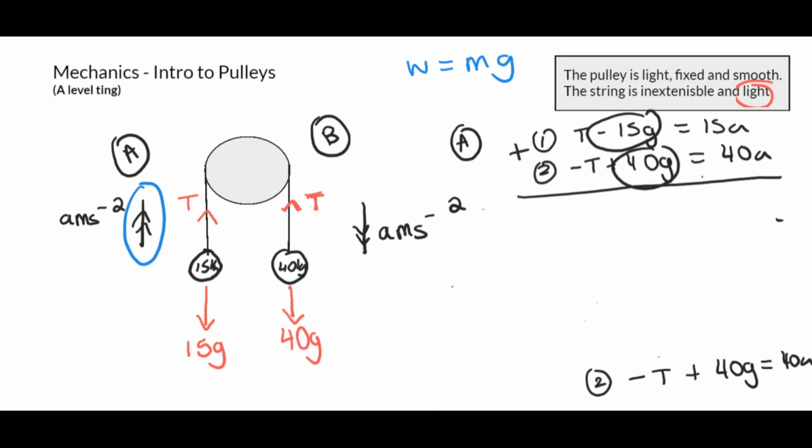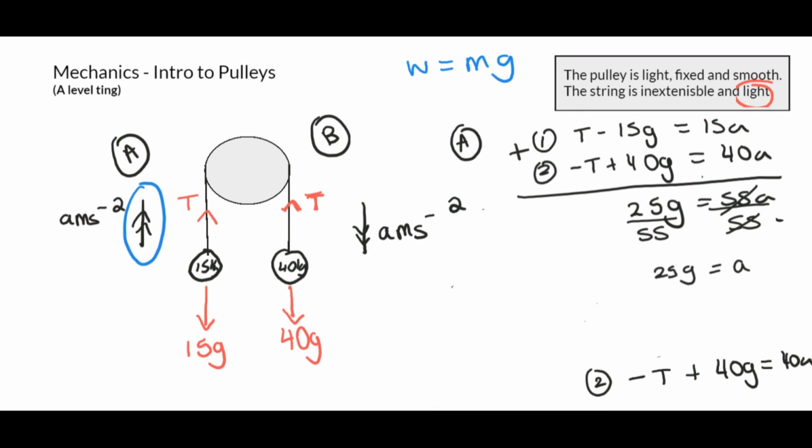So what's minus 15 plus 40? I think it's going to be 25. So I'm going to put 25G there, which is equal to 15 plus 40, which is going to become 55A. So now we can easily calculate A, because I can divide both sides by 55 to get rid of the 55 on that side. So this cancels out, and you've got A is equal to 25G over 55. If you simplify that and put it on your calculator, I think you should get 5 over 11G. So that's A. A is 5 over 11G.